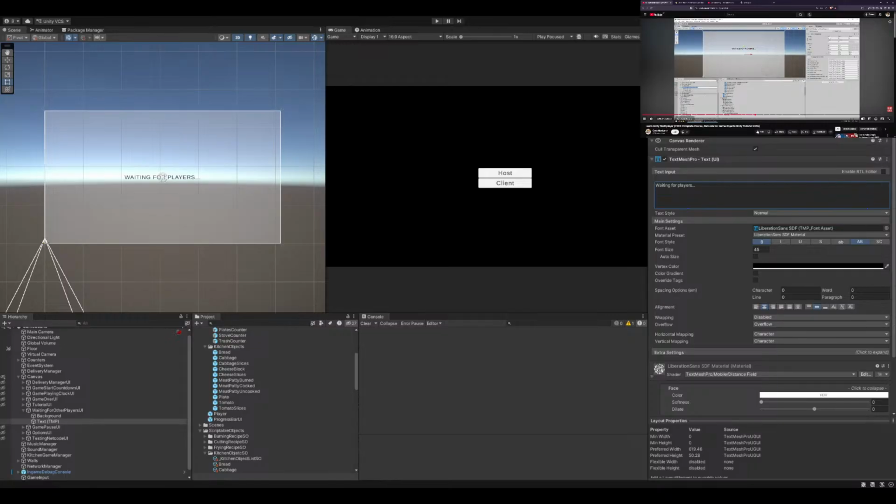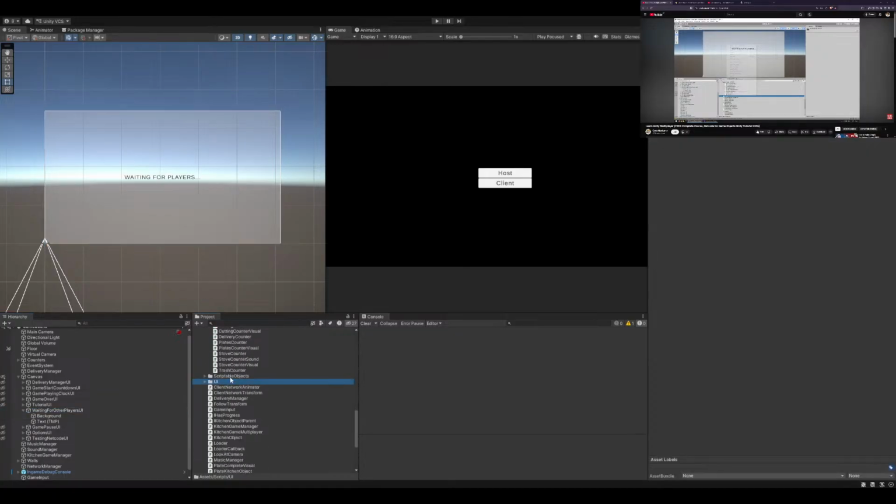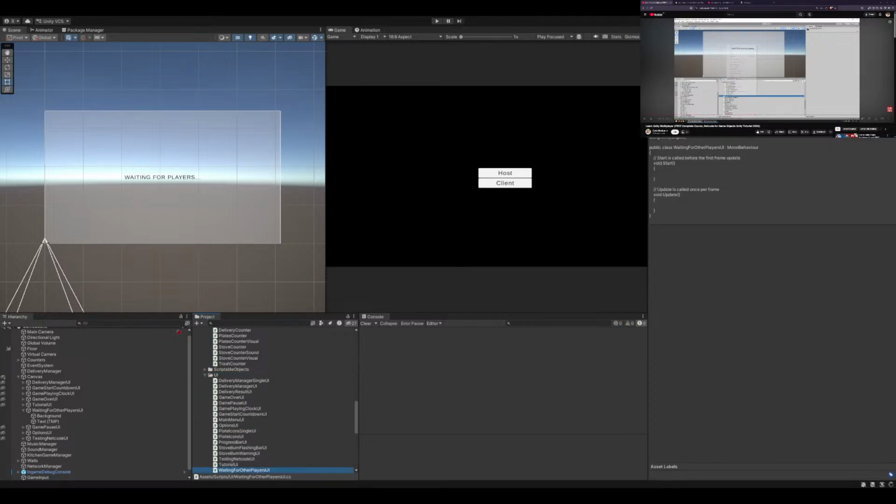Now let's make the script to run this, so with the exact same name. So let's go into our UI folder, and let's create the brand new C# script, waiting for players UI. Then on the game object, let's not forget to get rid of the old tutorial UI. Instead, let's set